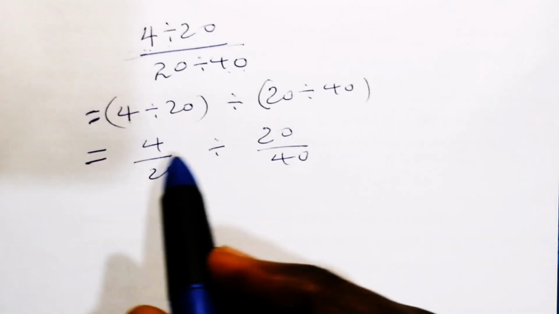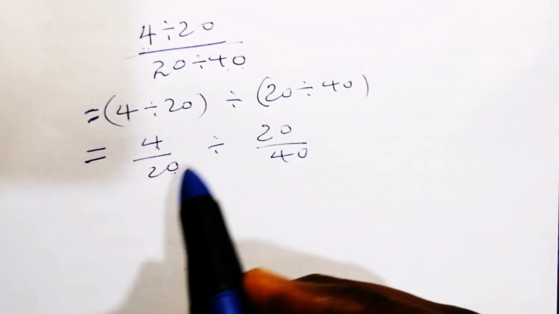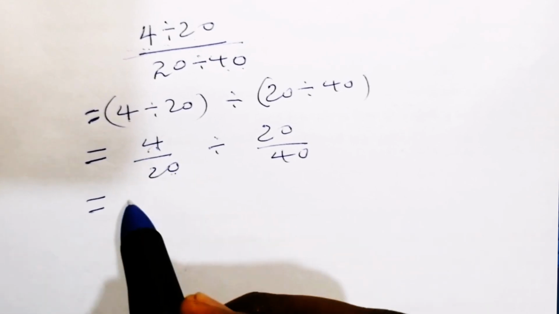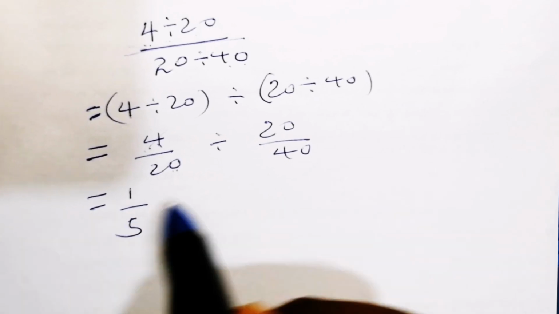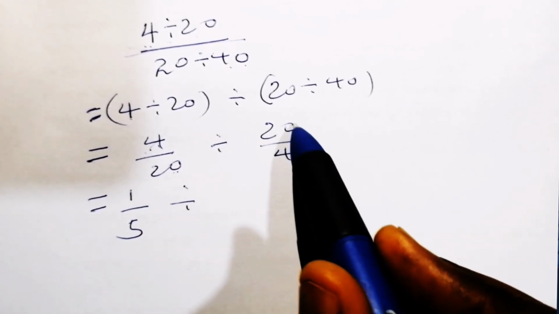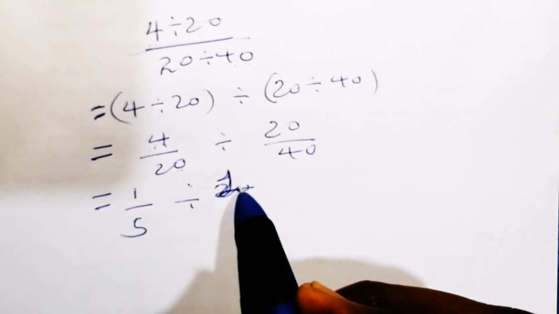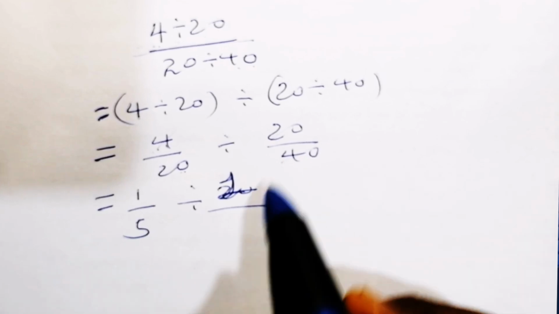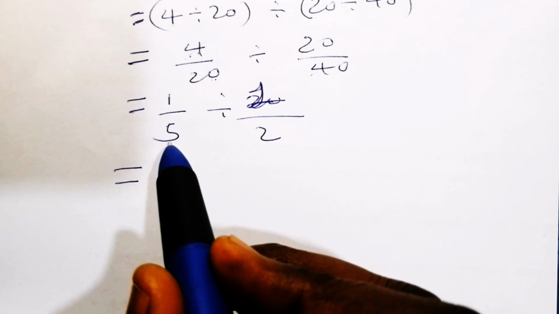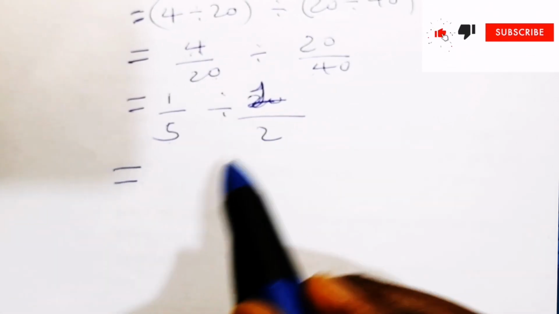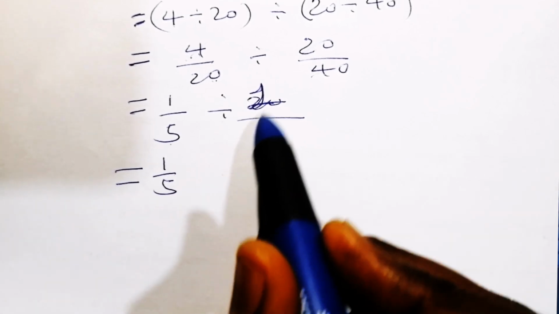So here 4 over 20, dividing by 4, that means 1 divided by 4, which is 5, then 20 divided by 20 is 1, and 40 divided by 20 is 2. Then 1 over 5 divided by 1 over 2, that means 1 over 5 divided by 1 over 2 means